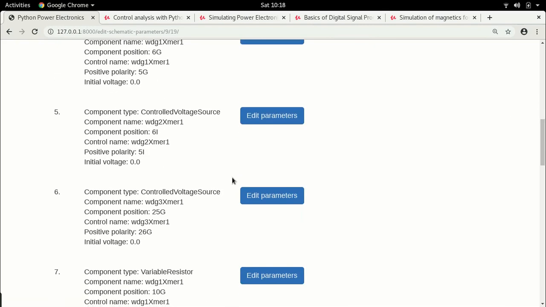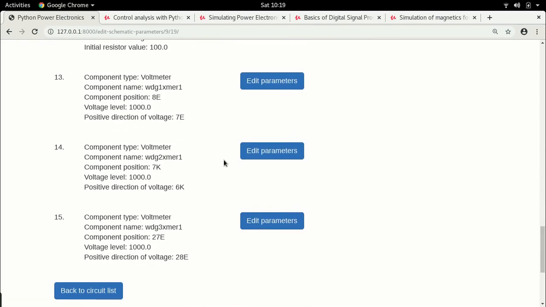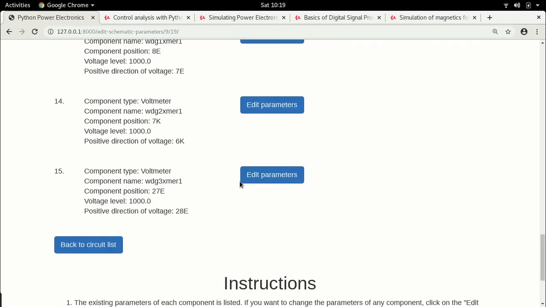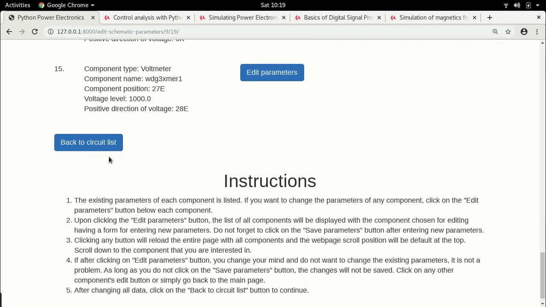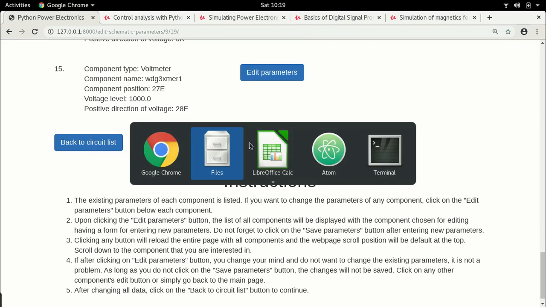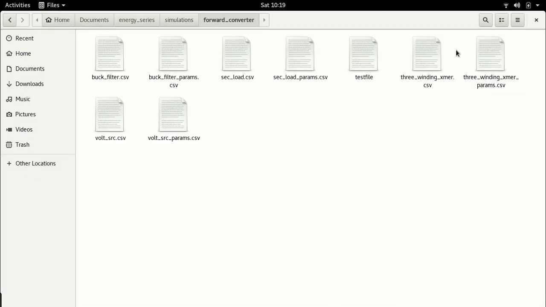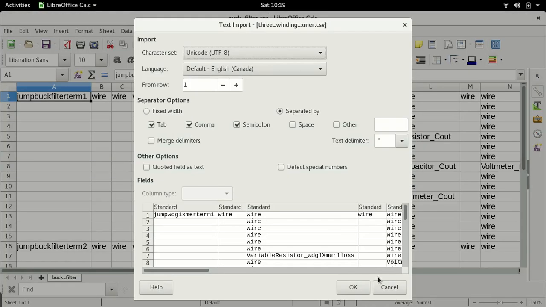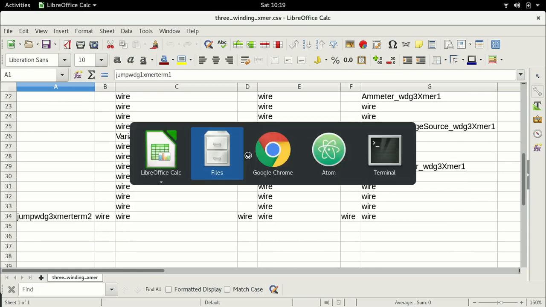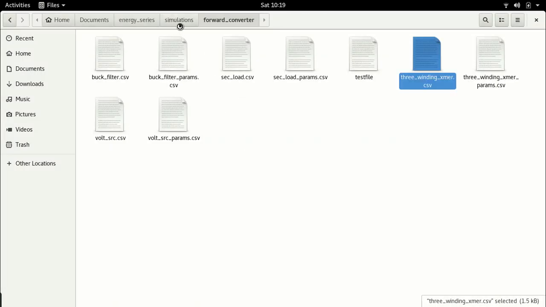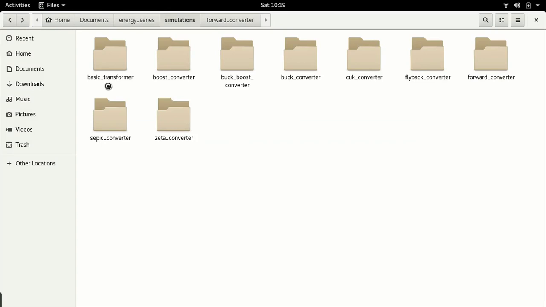And we are good to go. These are all our parameters. So we now have an updated circuit, but at this point of time, we do need to take a slight detour, because remember, we now have this 3-winding transformer for which we do not have a model. So for example, let me go over to my simulations, and if I go over to my flyback converter,